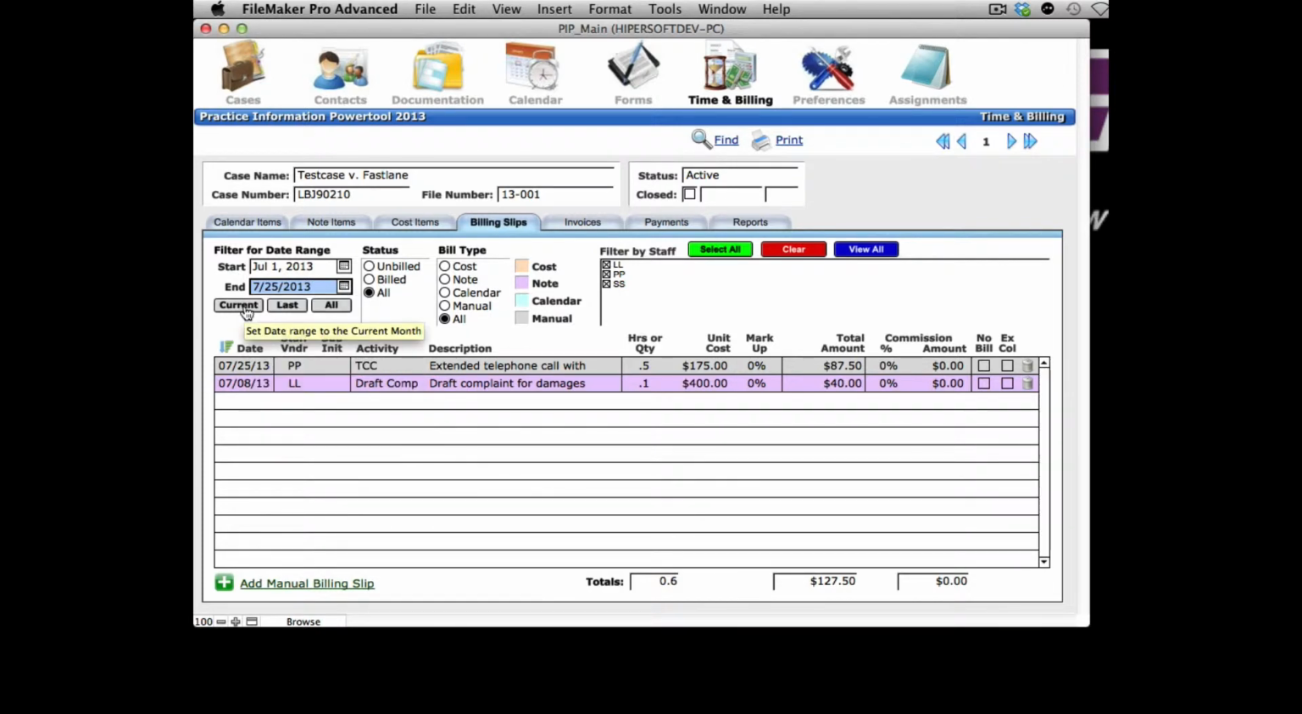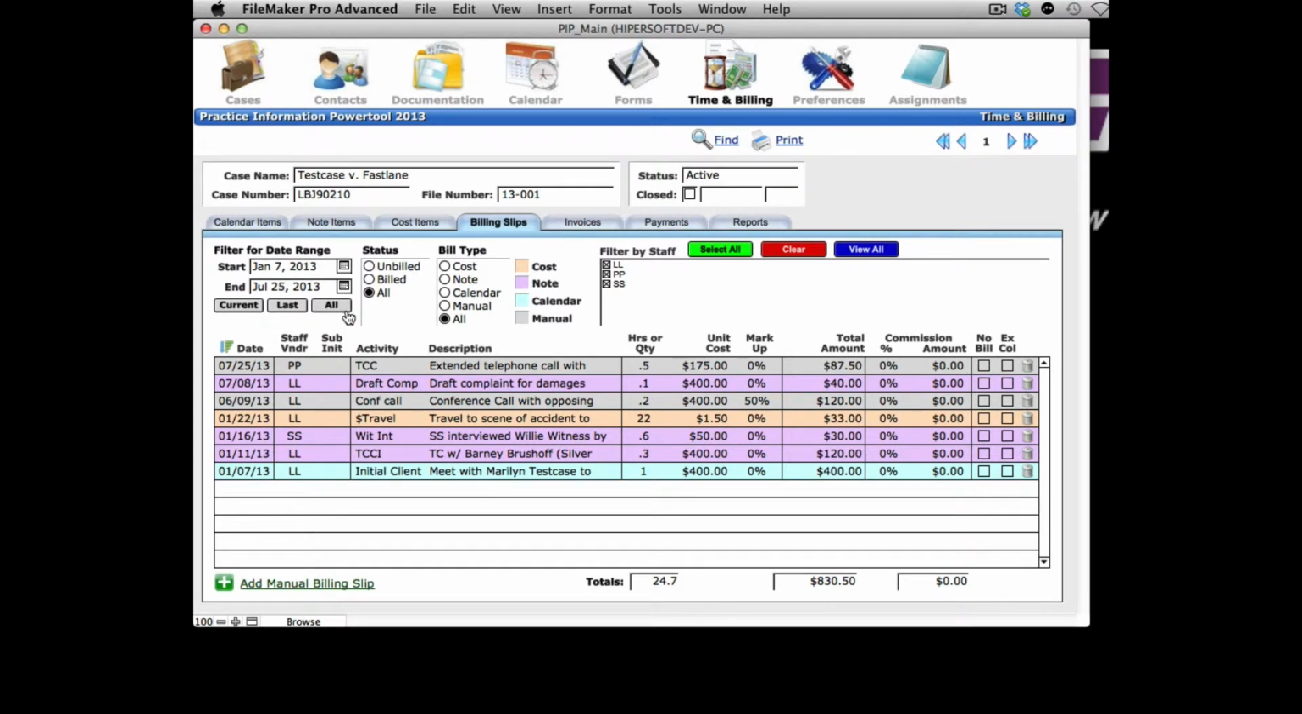The Current button will set the date range to the current month. To be more specific, the start date will always be the first day of the current month, and the end date will always be set to the last day of the current month. The Last button will set the start and end dates to be the first and last days of the previous month. And the All button will search for all billing slips for the currently selected case and will set